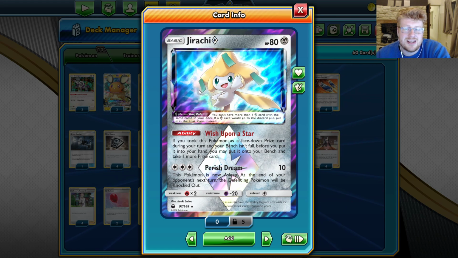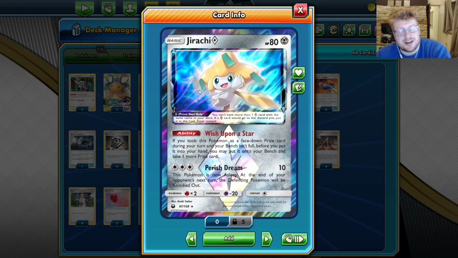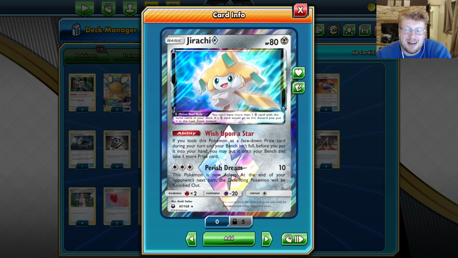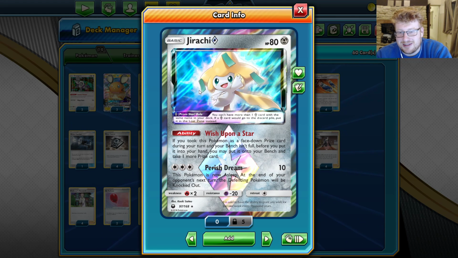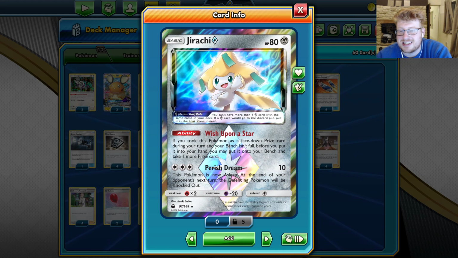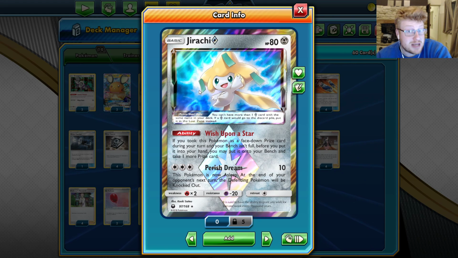We're trying to use Oranguru and Mr. Mime to manipulate this, so there's a 1 in 10 chance that it starts off in your prizes already for you, which is pretty cool, but otherwise it's all about us forcing it into the prizes and then taking those prizes. So yeah, the Scoop Up Net makes it a lot more realistic that we have a free bench space for this card,